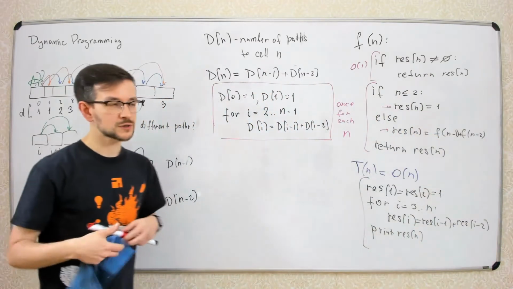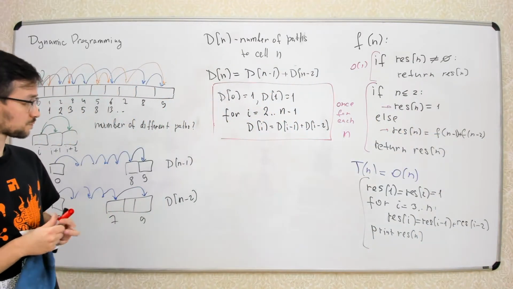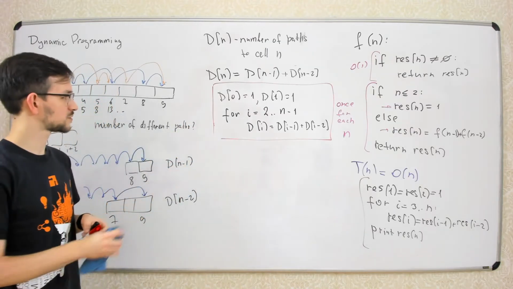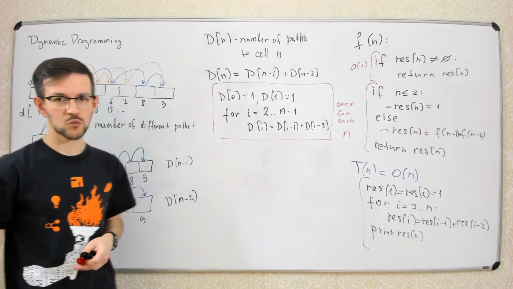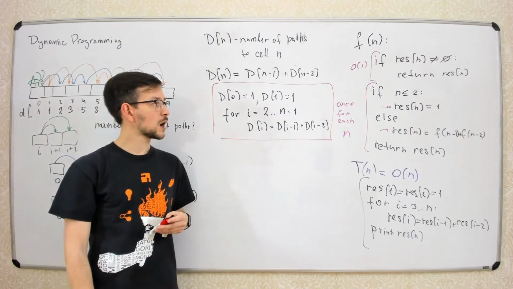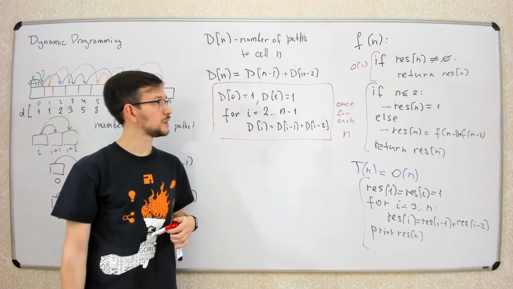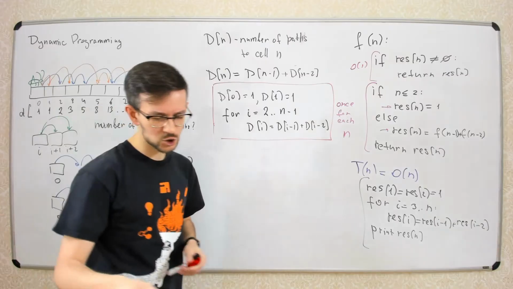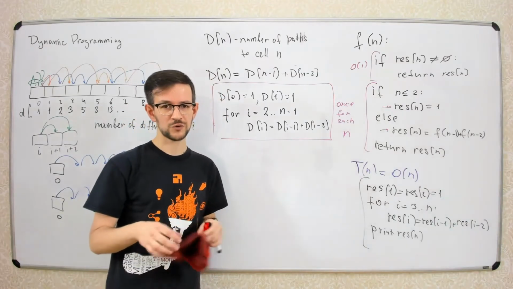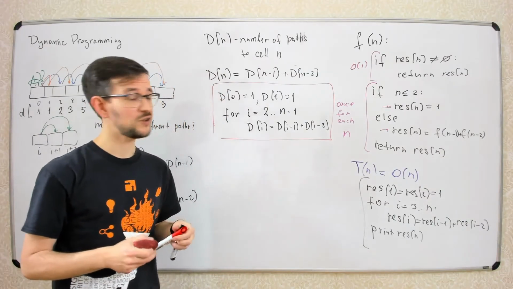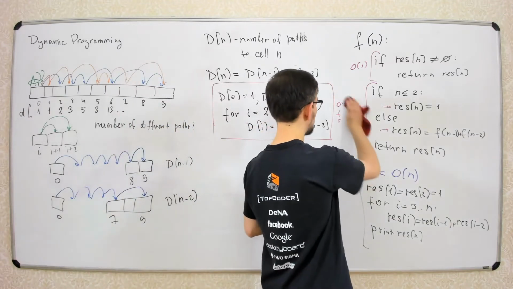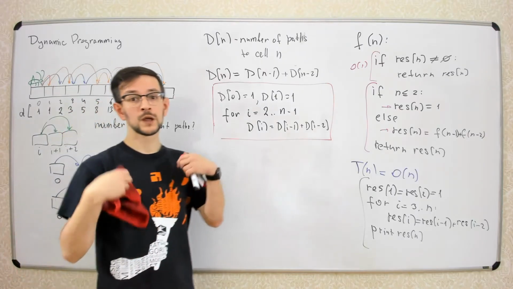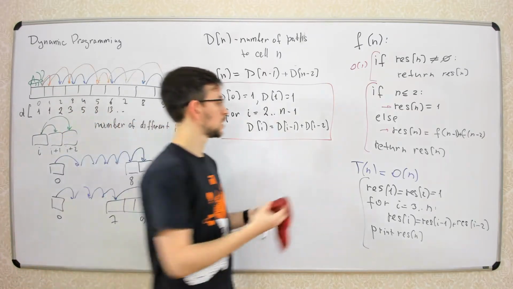Again, this problem looks kind of not very natural. Like it's kind of strange. You want to calculate the number of ways to get from one point to another. There are some strange situations when you need to calculate the number of ways to get from one point to another, but it's not usually what happens in real life. What may happen in real life is when you need to calculate the number of some combinatorial objects. For example,